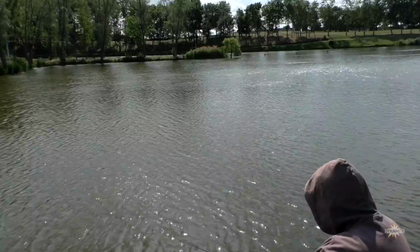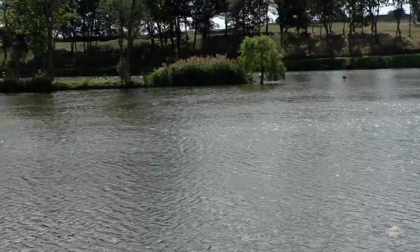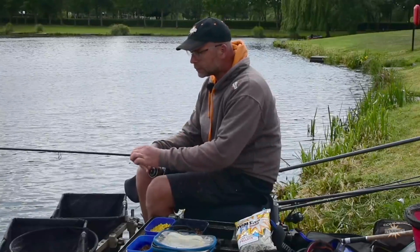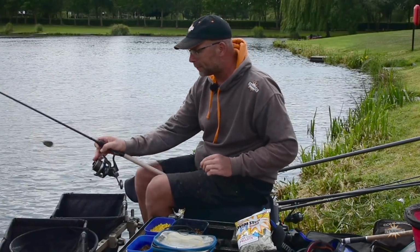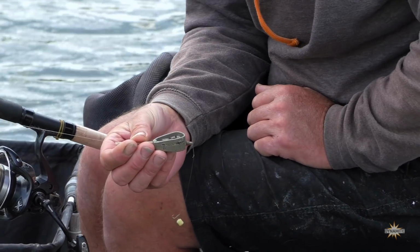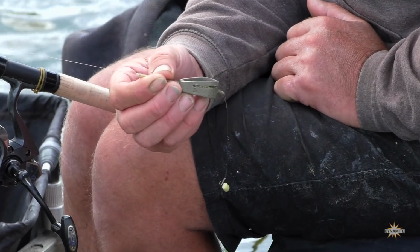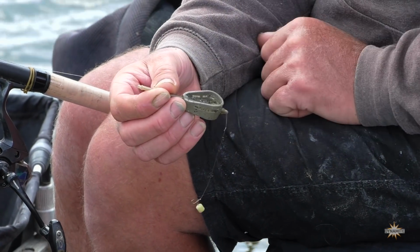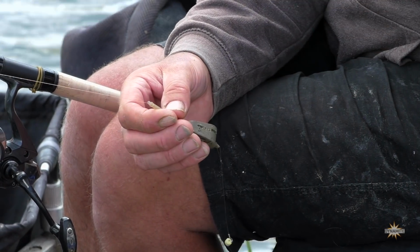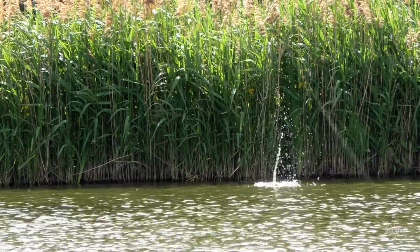Because it's quite a chuck here where I am, I'm on peg 22, I think it's just under 70 metres to the island. I'm using an 11-foot rod. So I've got 026 main line down to a hybrid feeder, 36 gram hybrid feeder. It was just about the right weight for chucking across. If it was a bit windy, I'd put the same size feeder, but one with some extra lead on the base, just to add some extra lead for aiding the accuracy in the casting and